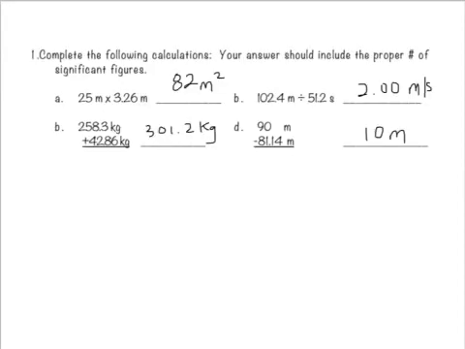Okay, when performing the following calculations, the rule for multiplication for A, the measurement having the fewest sig figs, is how you should round your answer. So 25 only has 2, it's 82 meters squared. For B, division, same rule, the fewest number of sig figs. The answer comes out to be 2, but because you have 3 sig figs, you must add the zeros, 2.00